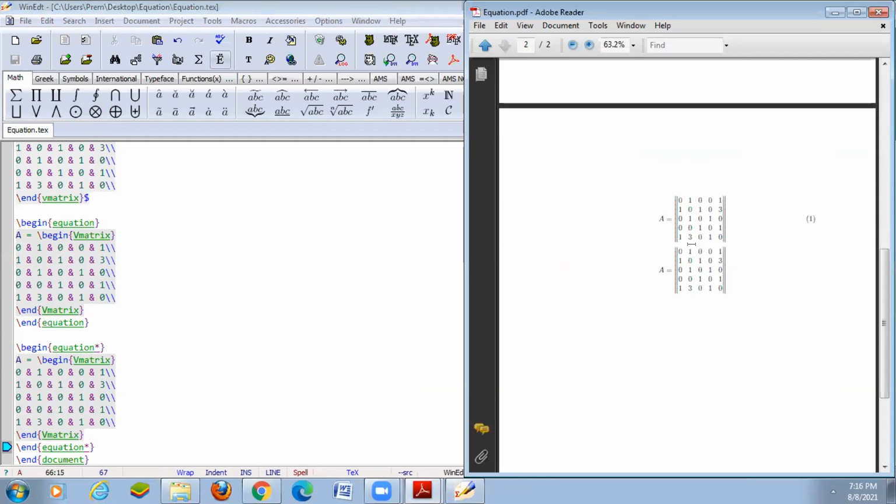That's the difference between equation and equation star. We cannot use any dollar symbol within begin and end equation, so outside the equation you cannot use mathematical symbols. So that's the equation, now we can go to the next equation.